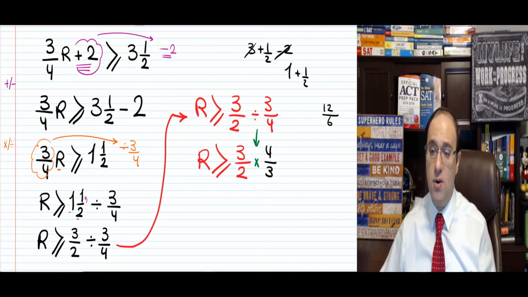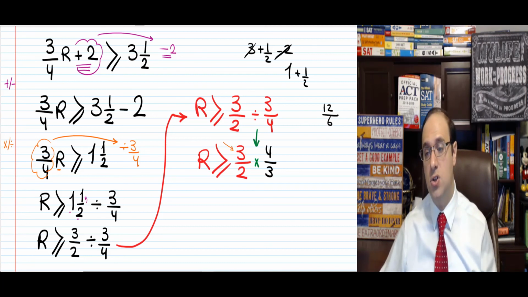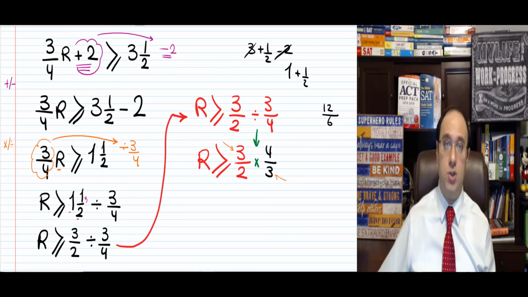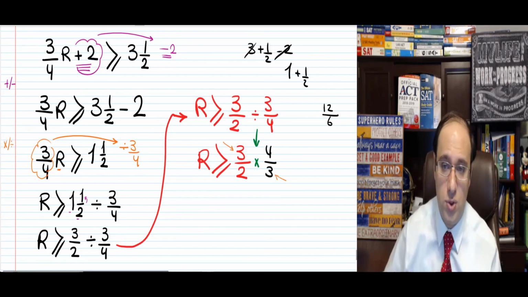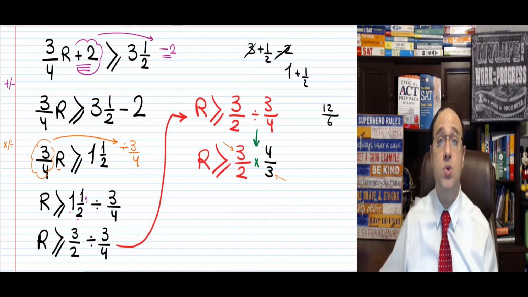The other way is to simplify right away before multiplying. Any numerator and any denominator that are the same can just cancel out. So 3 and 3 right here can cancel out together, leaving you with 4 over 2, which equals 2. Or you can multiply, get 12 over 6, which equals 2. I'm just going to use the normal way so I don't confuse you if you don't know how to simplify